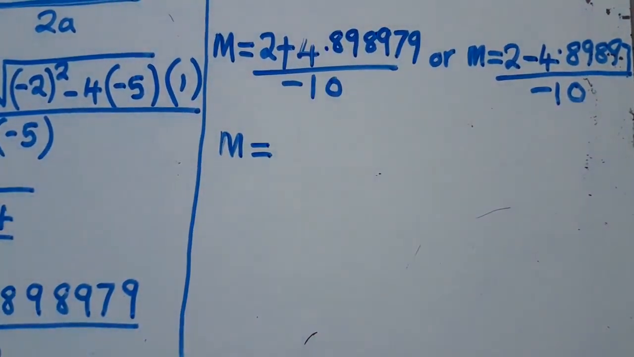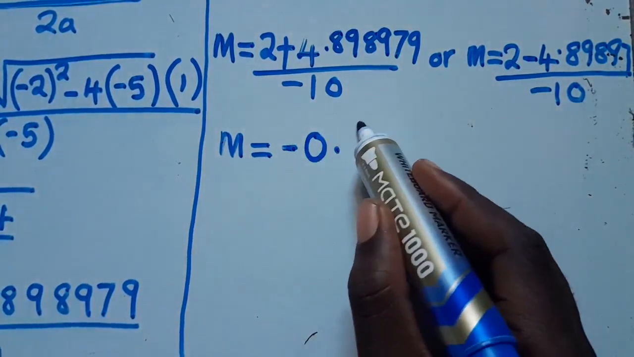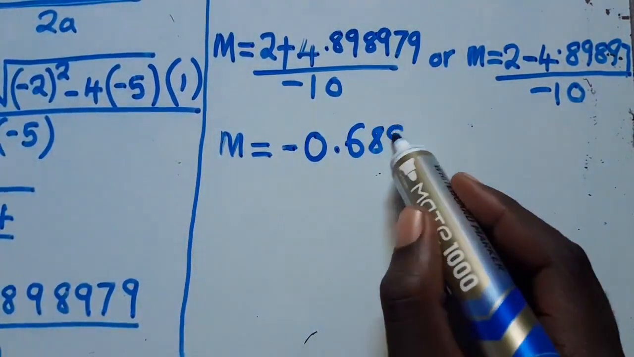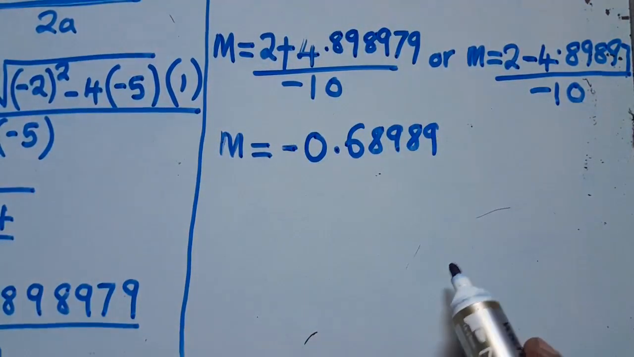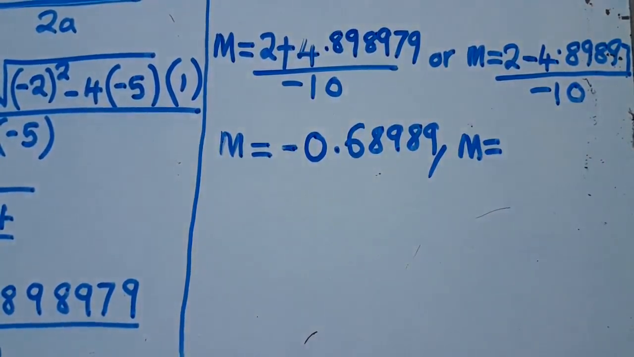Then you say divide by what? Negative 10. What answer are you getting? We are getting negative 0.688989, like that. Then M is equal to, what answer are we getting this side? So there you say 2 minus 4.898979. What is your answer? What answer are you getting? We are getting negative